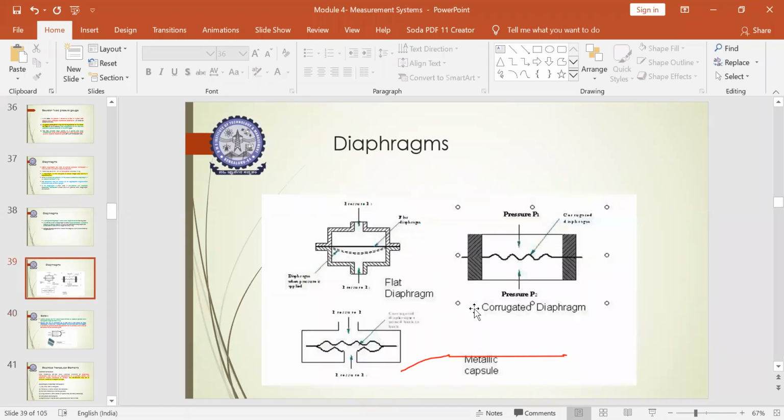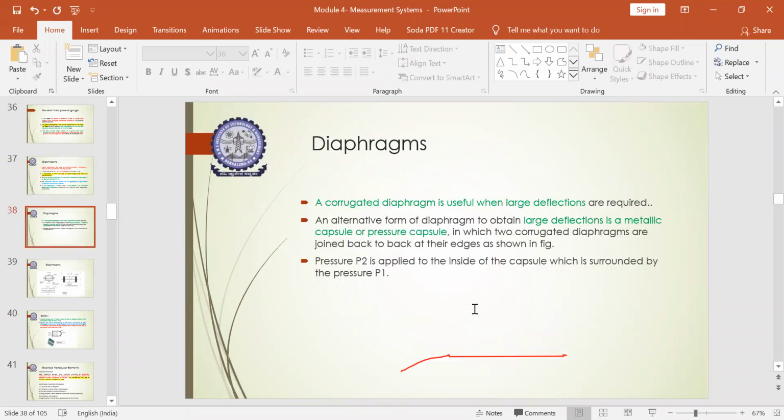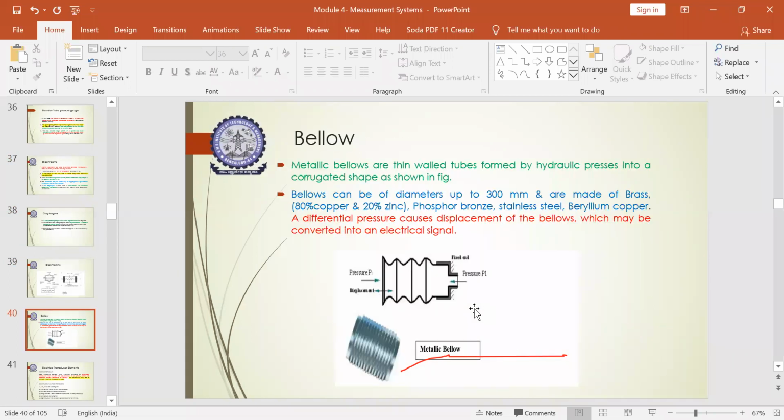Until now, the diaphragms and the Bourdon tube were able to show displacements from the sensed pressure as an input signal, whereas in the case of bellows, the sensed pressure input signal can be converted into the required deflection and finally into an output in the form of an electrical signal. This is the main application of using bellows. So if you need an electrical signal, you are suggested to go with bellows. If you are restricted only to getting the displacement data with respect to the variation in the input pressure signal,